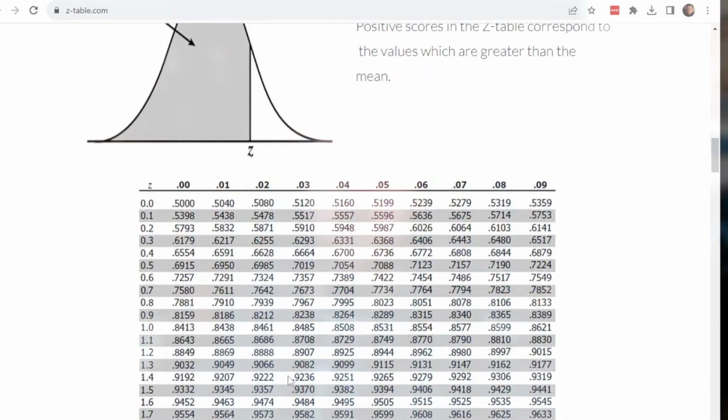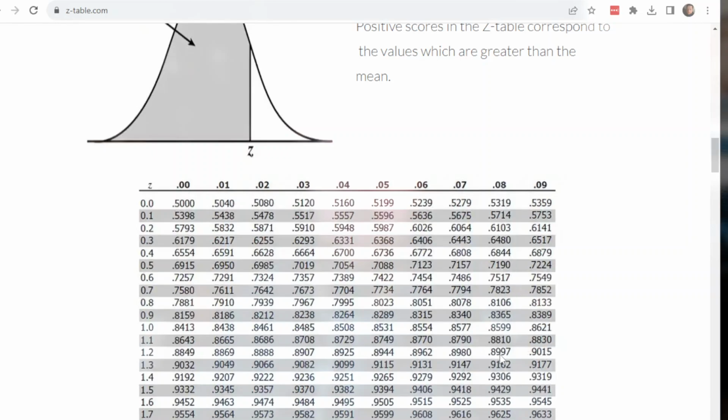So we're going to get as close as we can. You're never going to be able to get it exactly. Well, usually you won't. But you want to find the one as close to it as possible. So we'll come here and we'll say, okay, right over here we have 0.8997. That is 3/10,000ths off from 0.9. The next one over is 0.9015, which is 15/10,000ths off. So the closest one is this 0.8997, and that comes from a z-score of